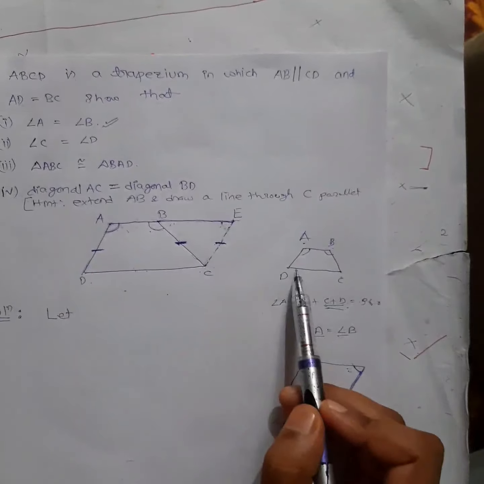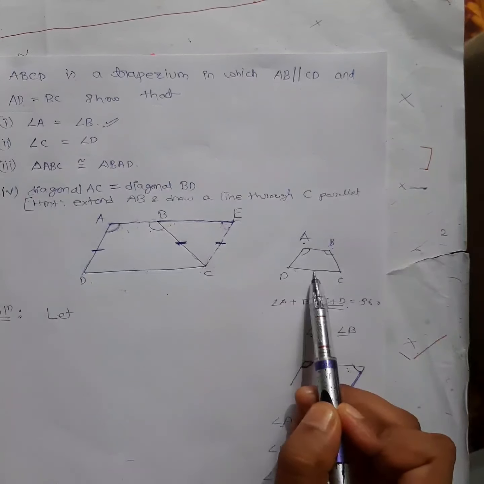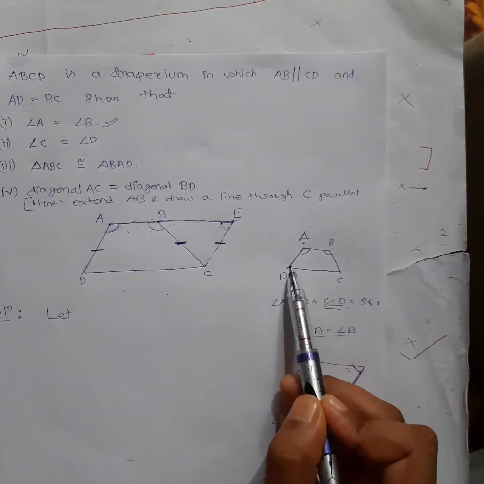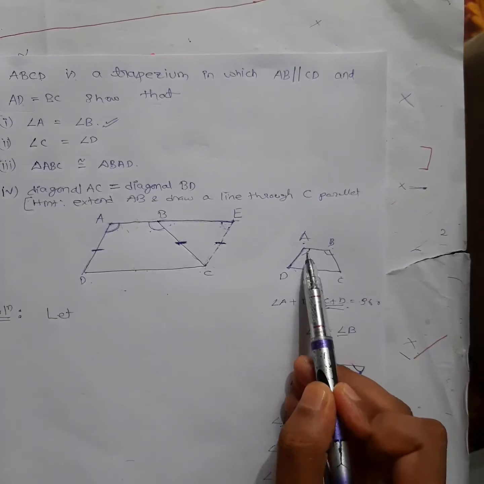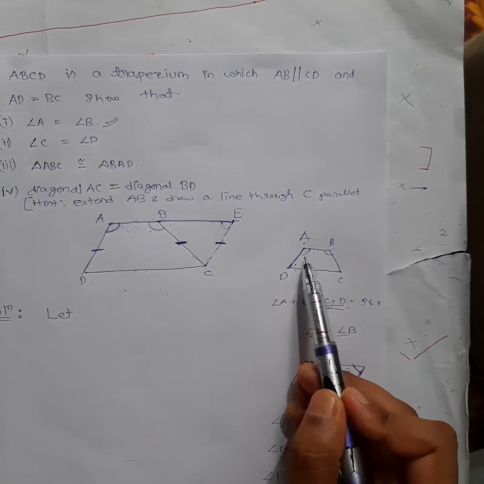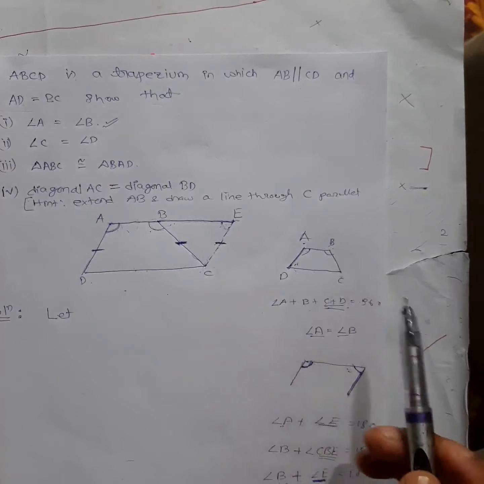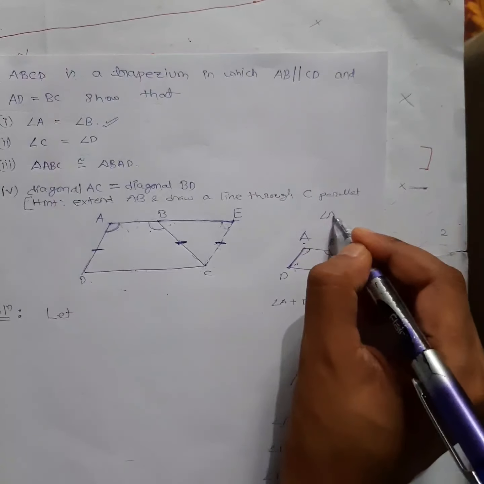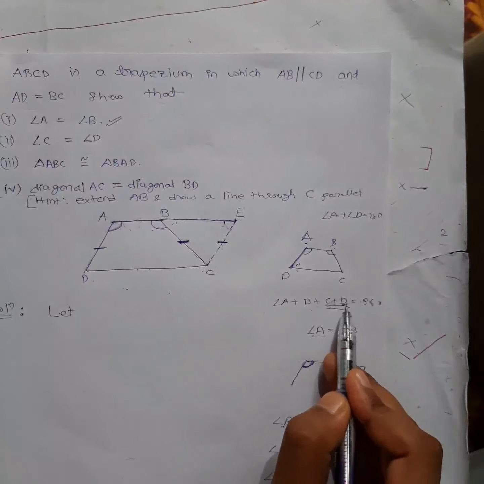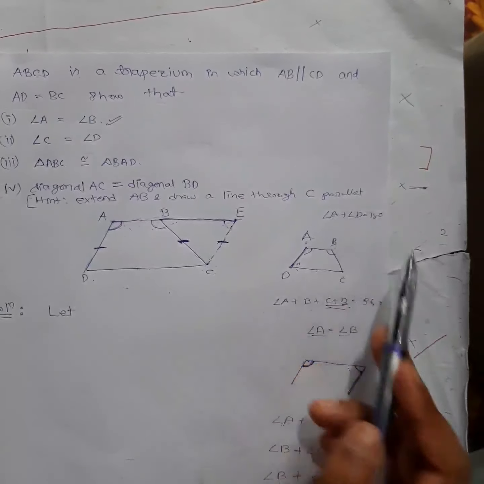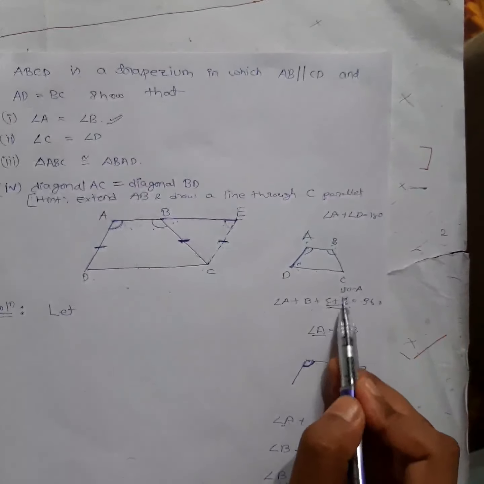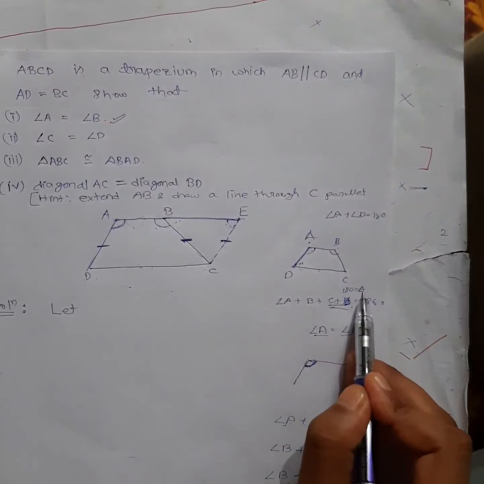So you can write this one in terms of A. This and this are parallel, right? So if this and this are parallel, what will this one be? Transversal. So if it is a transversal, this angle plus this angle will be how much? 180 degree, right? So angle A plus angle D is 180 degree. Let me write down here. Angle A plus angle D is equal to 180 degree. I want to write this D in terms of A now. So what will I do? Here I can replace D by 180 minus A. So D gone. I have converted it into A.